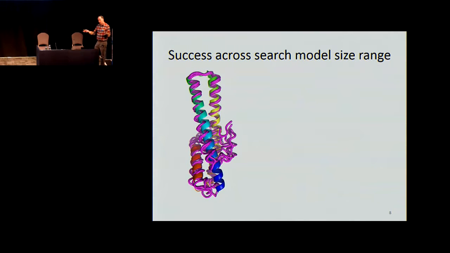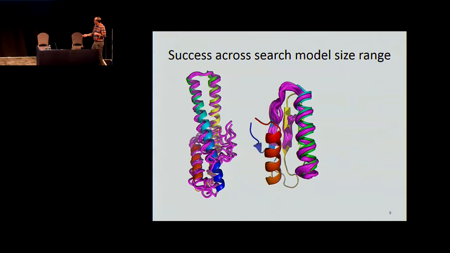You remember I say that we make search model ensembles across a range of sizes, and quite interestingly, we see success across that full range of sizes. So here is a complete model which came out reasonably well and was good enough to solve that structure. The search model ensemble is in pink. The target is in a spectrum. In this case, we had to truncate down the models about 50%, you can see,